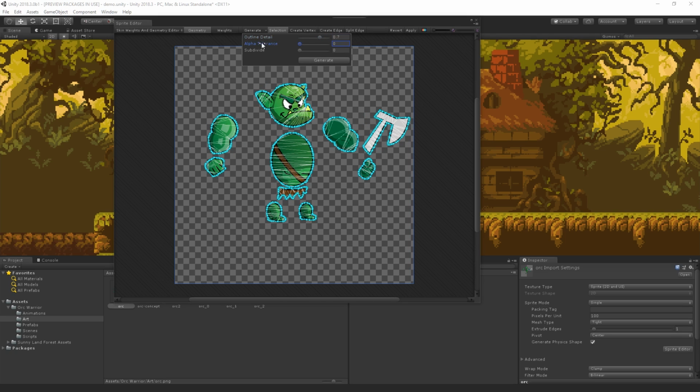And then we also have alpha tolerance, which is a threshold for transparency considered when generating the outline. So I usually don't have it very high up, just kind of like at 30, 40-ish, something like that, so we can just generate that as well. And then last but not least, Subdivide basically subdivides the mesh to increase tessellation. So higher values increase the tessellation and complexity of the generated mesh, and all of these settings are actually explained